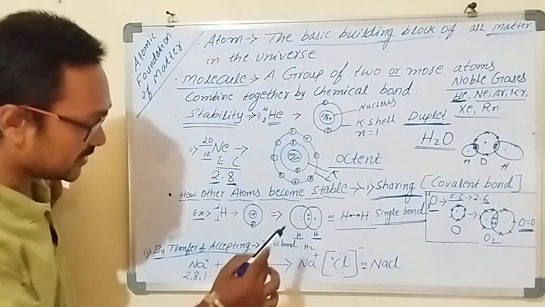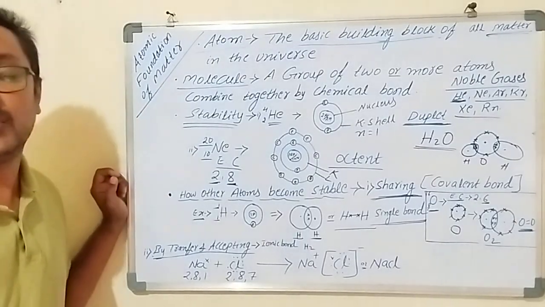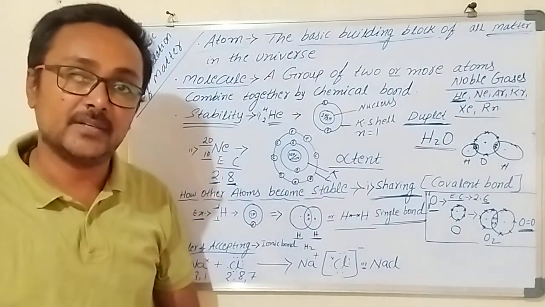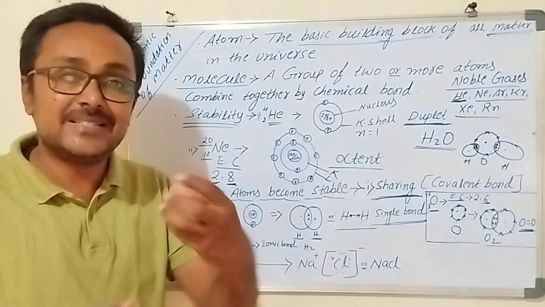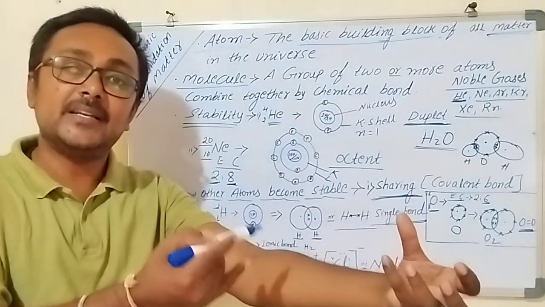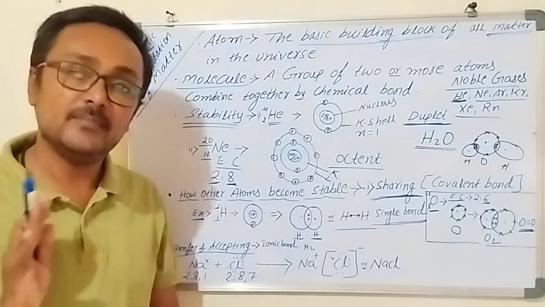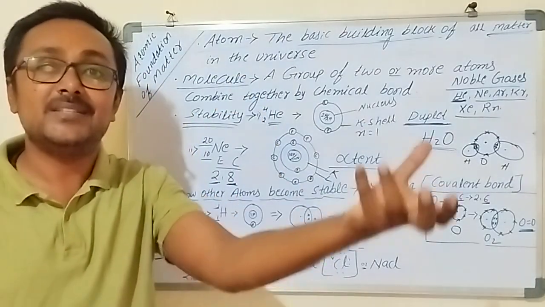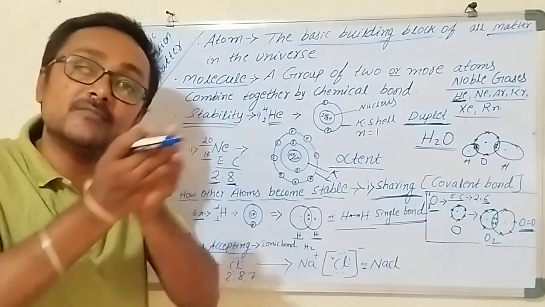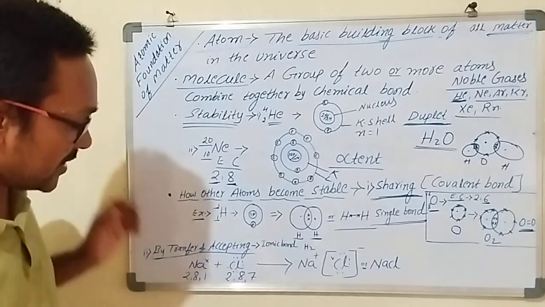Now let me explain by transferring and accepting electrons, how they attain the molecule. See here, in transfer, the electrons are totally transferred to another. When electrons are transferred, since electrons are negative in charge, they are transferring the negative charge, and that element becomes positive in charge. Electrons are donated and it becomes positive. And if someone is donating, there must be some other atom that accepts. It is accepting the electron, so the negative charge will be more, it becomes negative in charge, or we can consider it an anion. Let me check now how it happens.